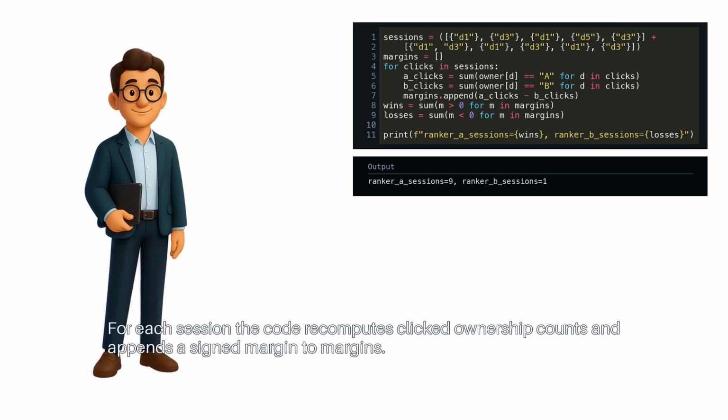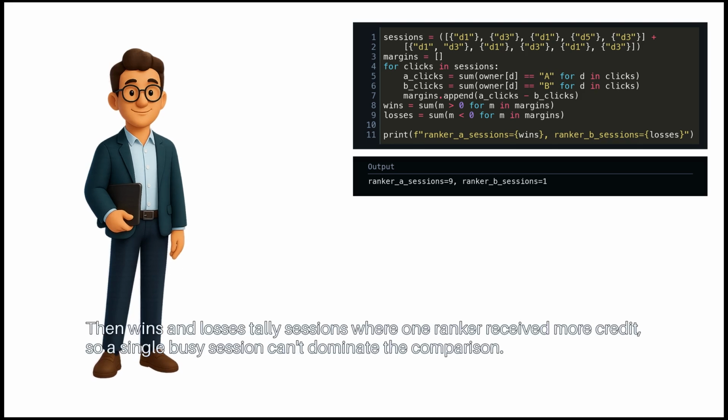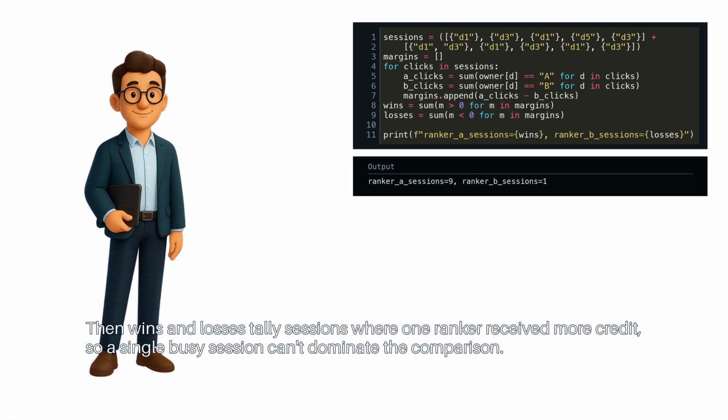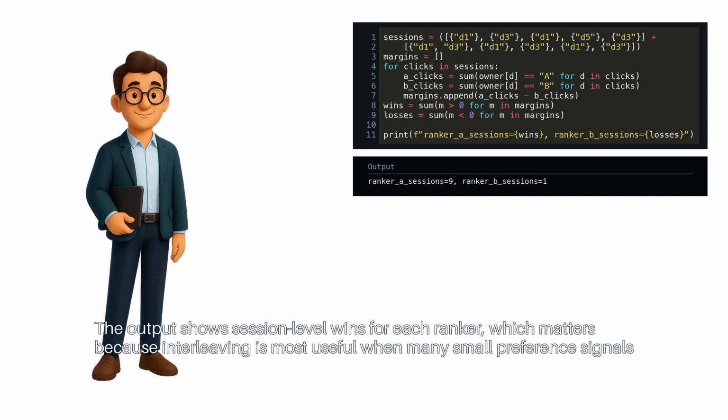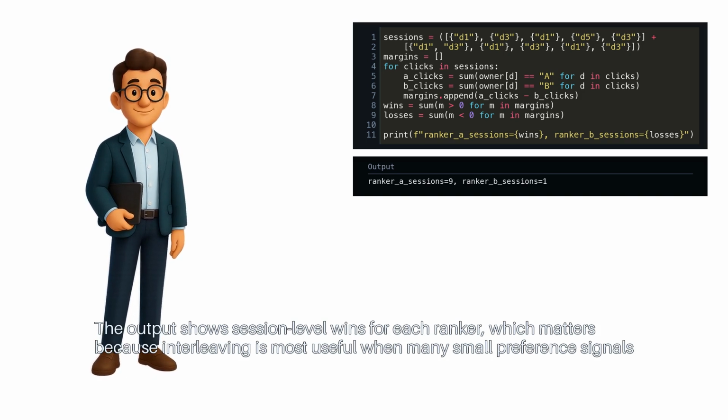For each session, the code recomputes clicked ownership counts and appends assigned margin to margins. Then wins and losses tally sessions, where one ranker received more credit. So a single busy session can't dominate the comparison. The output shows session-level wins for each ranker, which matters because interleaving is most useful when many small preference signals